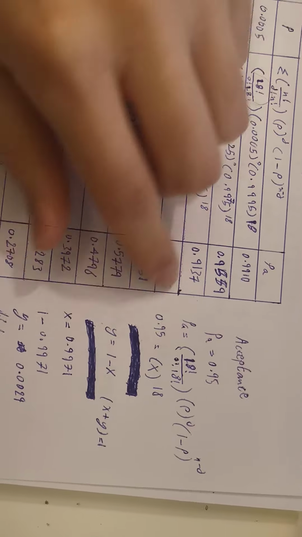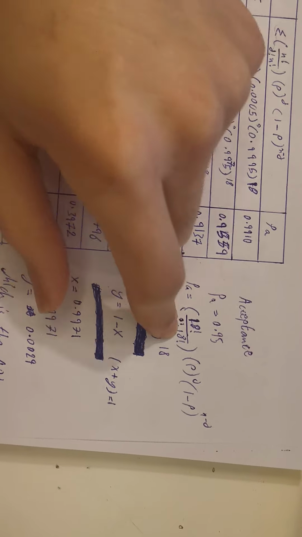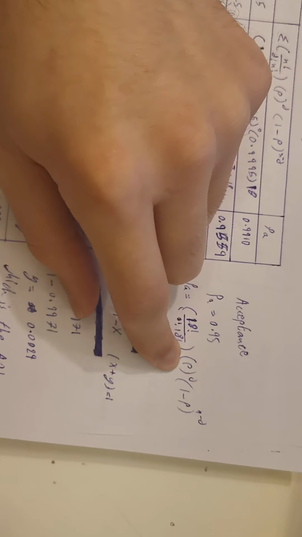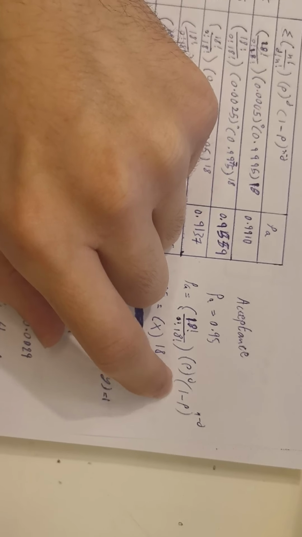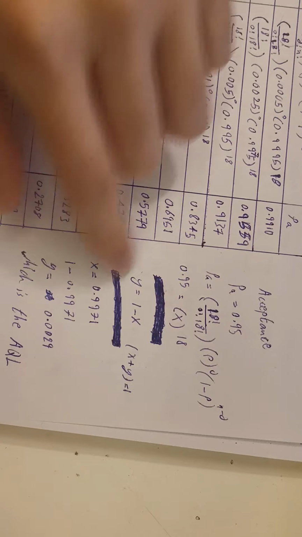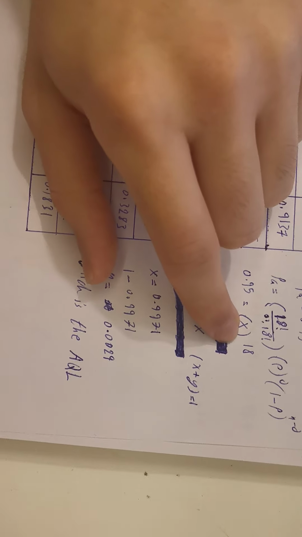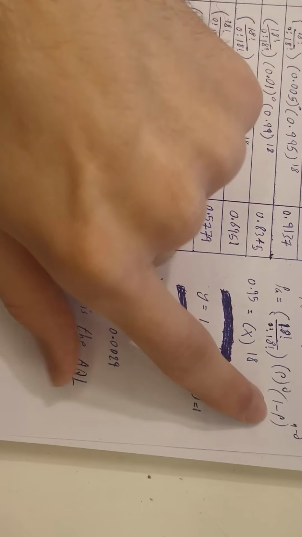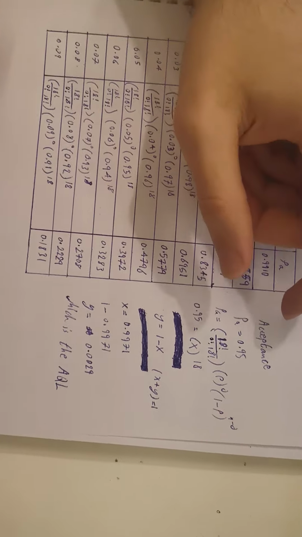Now, we know that the n is 18, the d is 0, and the n here is 18 again. Factorial multiplied by p to the power of 0, which is the d, multiplied by 1 minus p to the n minus d, which is the same. Everything that I said here will also apply here. So what we really need to calculate is this part, right? So in this case,